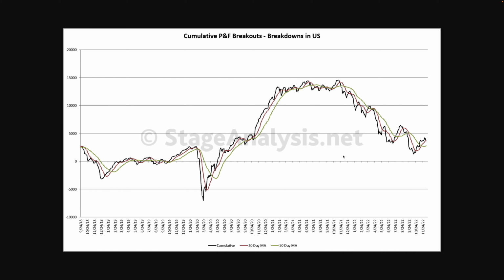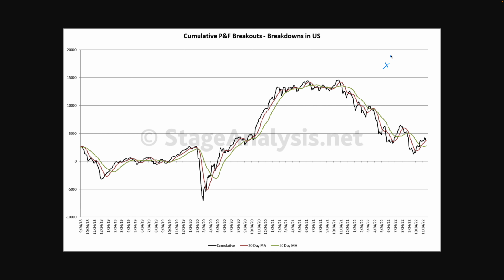If we look at the cumulative point of figure breakouts minus breakdowns in the US market, so again this covers the entire US market, so as much as we can from the scans that I run each day. So this is a custom chart that I do myself. So this is made from the point of figure double top breakouts. So basically a double top breakout is